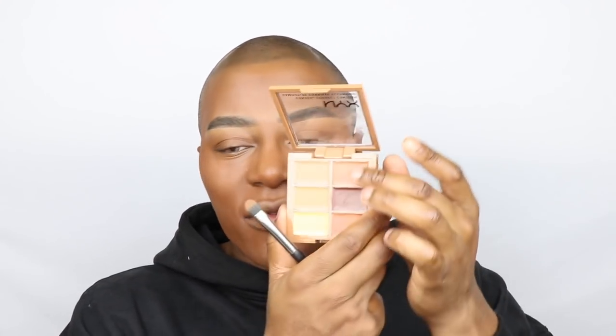I'm trying to think what to highlight with. I might go in with this shade here. So let me just warm it with my finger. I haven't used a cream to contour for ages, so I'm gonna take this Kiko brush and go under